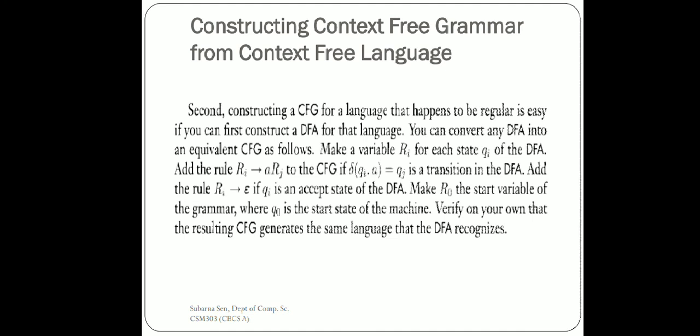Again we have to see what the transition of Rj is. Say if Qj is the final state, then the grammar will be: Ri can derive A Rj, and since Qj is the final state, from Rj we cannot move to anything else because we have to make the string accepted here. So we will just write Rj can derive phi, or Rj can derive epsilon. Then our job will be done.